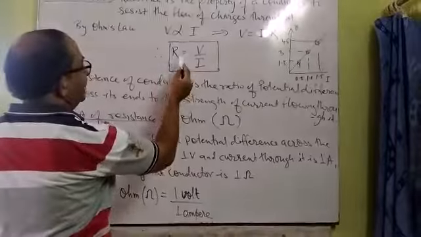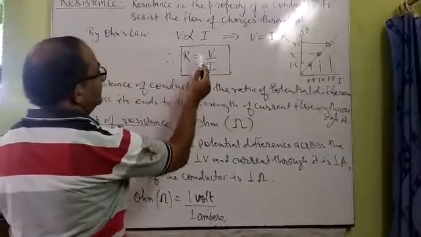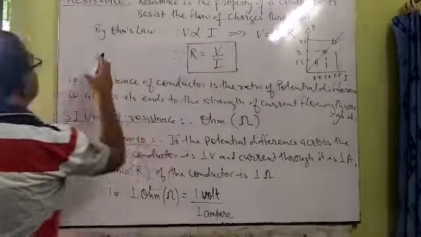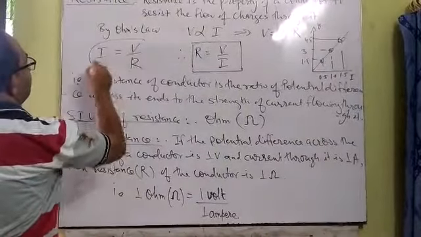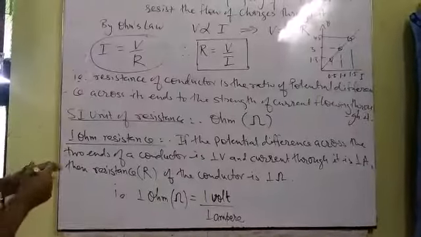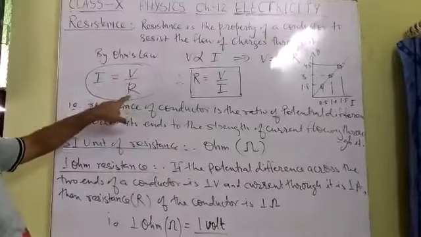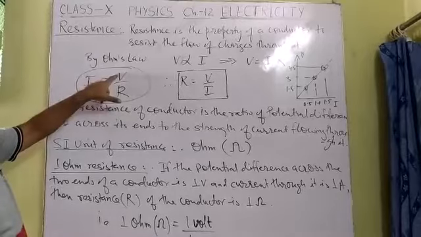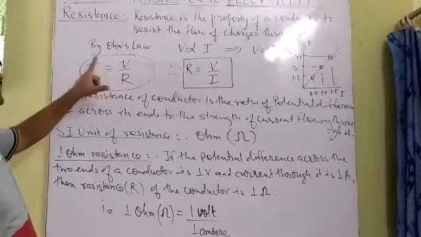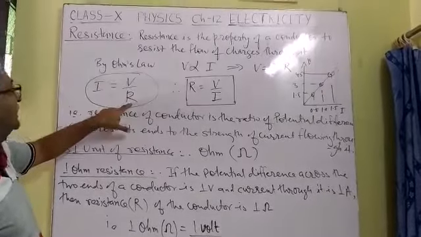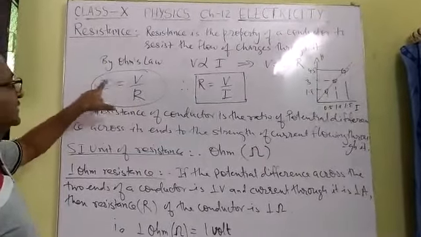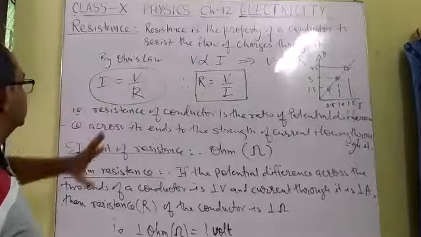This also states that the resistance of a wire is inversely proportional to the current, or conversely you can say I is equal to V by R, meaning the current which flows inside the circuit is inversely proportional to the resistance of the wire, provided the potential difference across the endpoints is constant. So I is inversely proportional to R. As the resistance of the wire increases, the current will decrease. So this is also the use of Ohm's law.